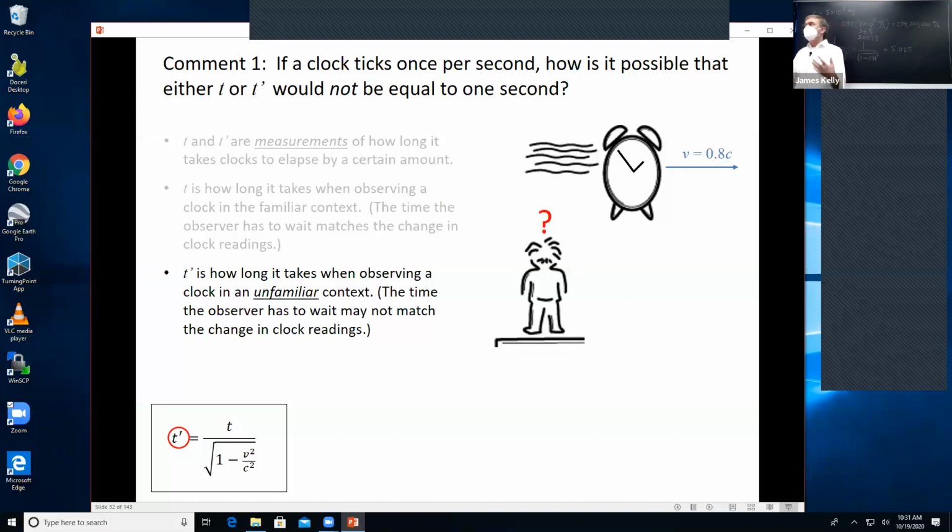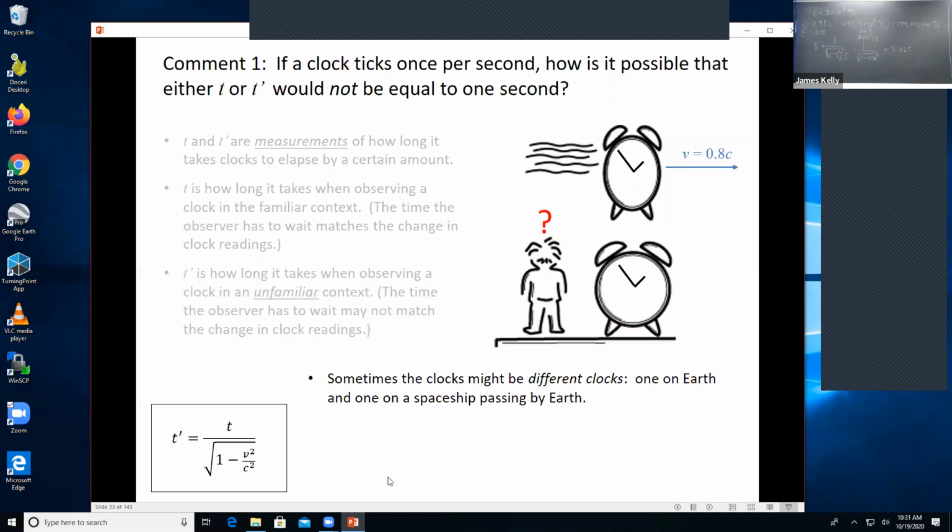We all march in lockstep, and 1 second is 1 second for everyone. Einstein saying that is not true. And that's what this T prime represents over here: how long this observer has to wait on his own watch to have this clock tick off a certain amount of time. And it doesn't matter if T is 1 minute, then T prime will be expressed in minutes because gamma is a pure number, right? If T is in seconds, T prime will be in seconds, and T prime will always be bigger than T,